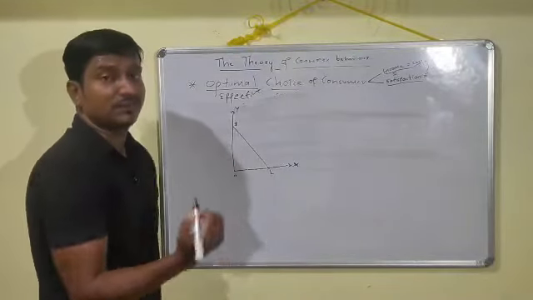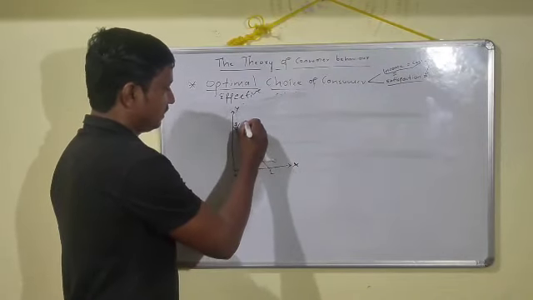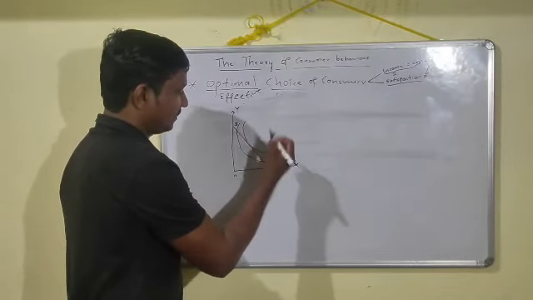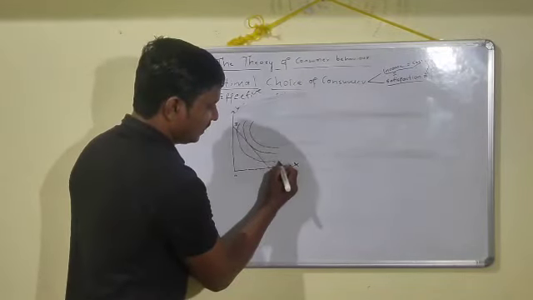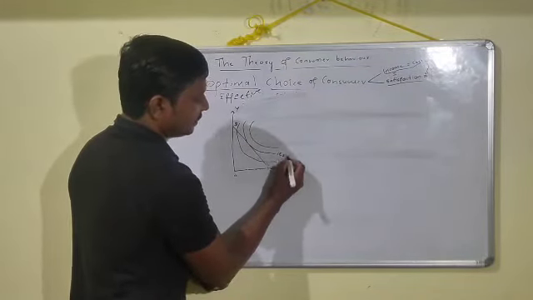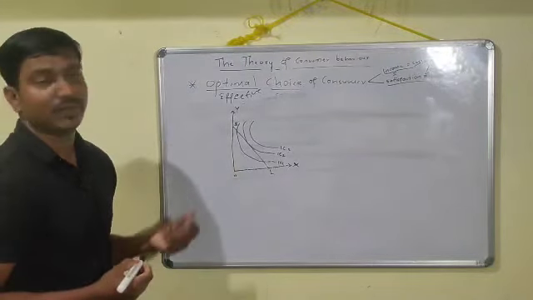So here we will draw some of the indifference curves. Firstly, I am going to draw one indifference curve. Secondly, one exactly touching this. And the third one like this. So I am going to name these IC1, IC2, IC3. So in total, I have taken 3 indifference curves here for our understanding.